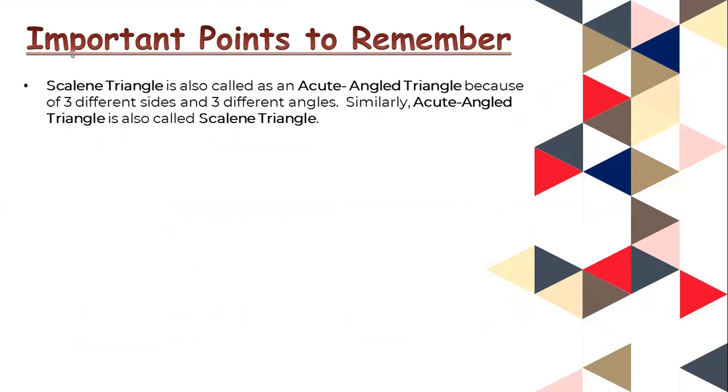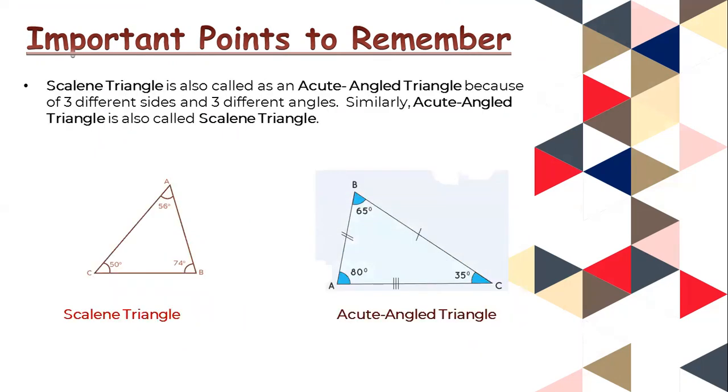ओके, next point, second point is the scalene triangle. According to the scalene triangle, all sides are different in measurement and definitely angles are also in different measurement. It is also called an acute angle triangle because of 3 different sides and 3 different angles. Similarly, acute angle triangle is also called as स्केलेन ट्रायंगल।